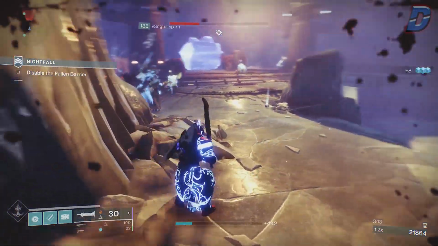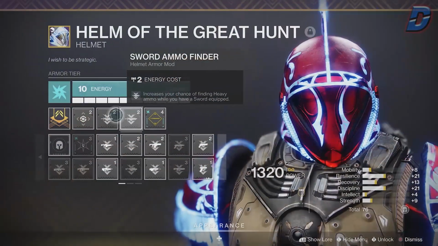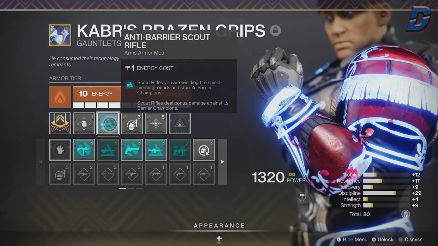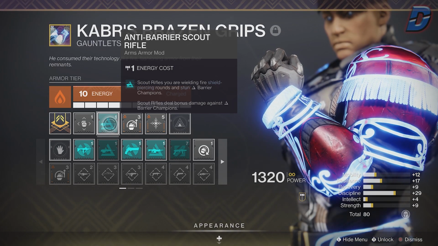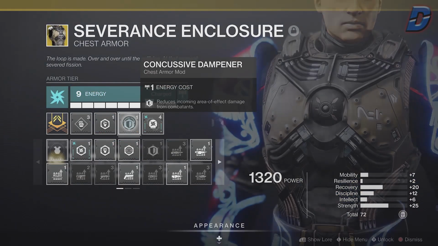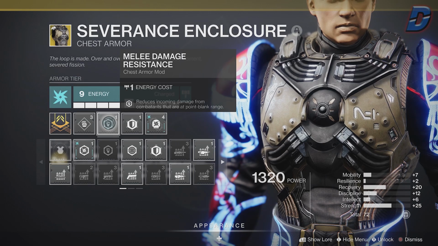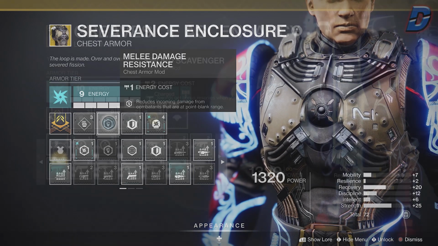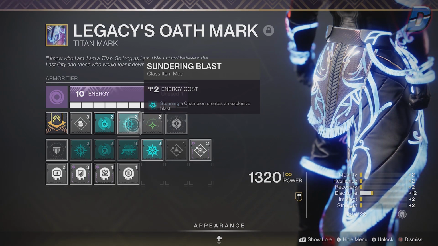However, those are all the main mods. Now let's fill in the remaining slots. So for your helmet, run 2 sword ammo finder mods. For your gauntlets, use the correct champion mod if required for any specific activity or activities. I went with impact induction, but you really don't need to. For your chest, concussive dampener and melee damage resistance are perfect for resisting incoming damage whilst you're running into strike with your sword. Sword scavenger for the legs, and for your class, Sundering Blast to cause more crazy AoE damage